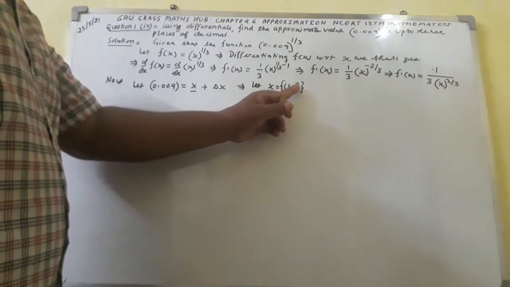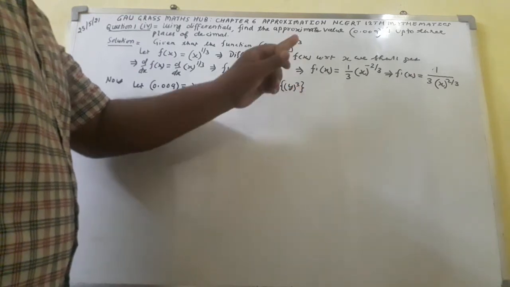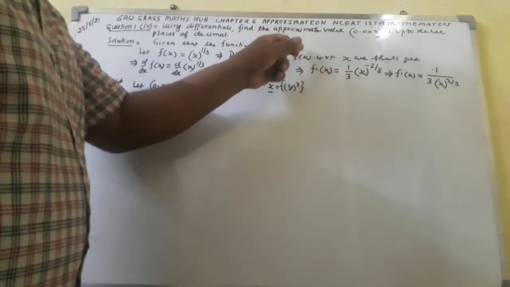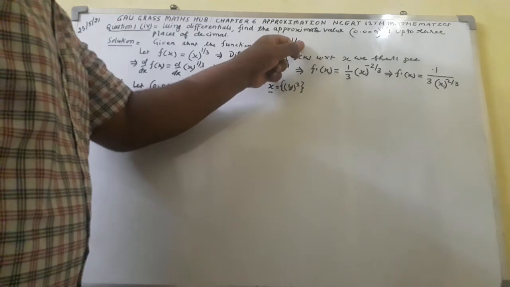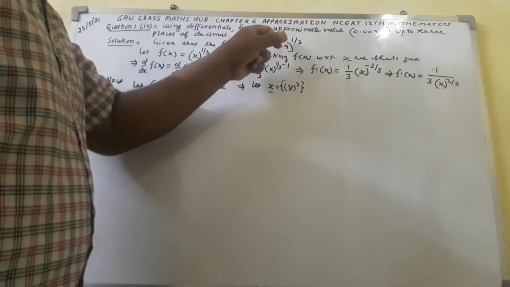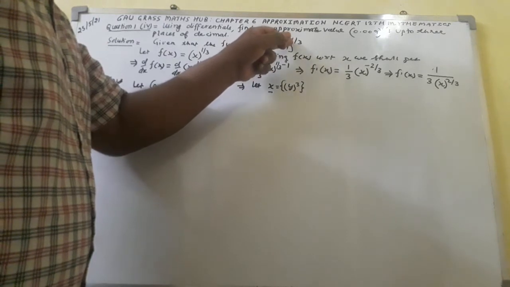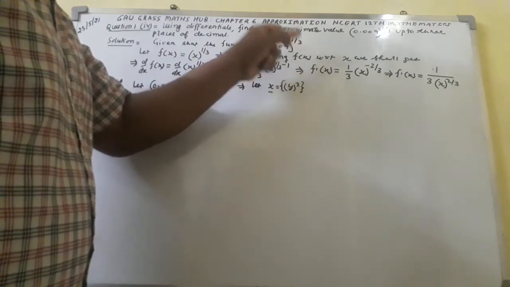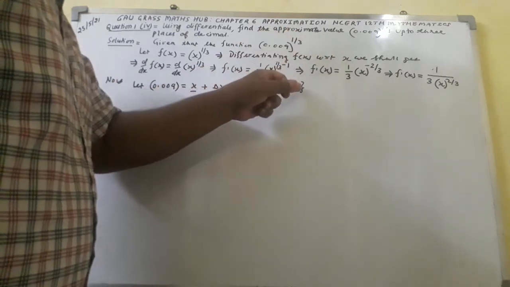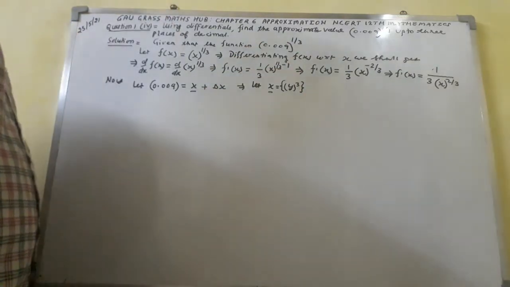Here you can see this 3. The index 3 will be fixed. That will be taken from the denominator of this fraction. Here you can see the fraction is 1/3, in which the denominator is 3. These 3 will be reflected here. The index 1/3 is a fraction, in which I shall take only the denominator 3. These three will be the same. Remember this one.